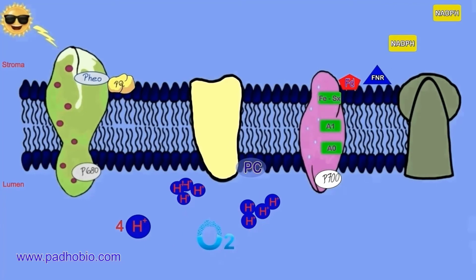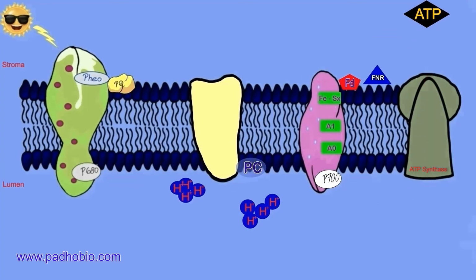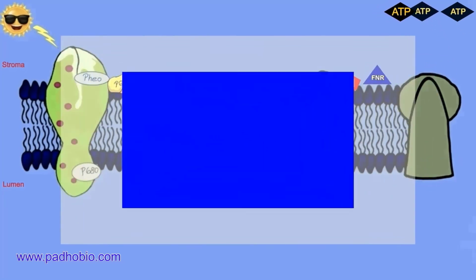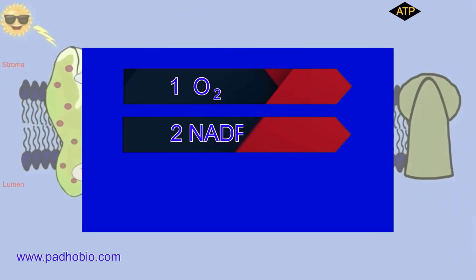In one proper cycle of the light reaction, 1 molecule of oxygen is released and 4 protons come to the lumen from plastoquinol, 4 protons from the splitting of water molecules, and 4 protons to the lumen from cytochrome b6f. Now, these 3 sets of 4 protons are sent from the lumen to the stroma sequentially through an enzyme known as ATP synthase, which is embedded in the membrane. It helps to convert 3 ADP into 3 ATP molecules. So the output of the light reaction is 1 oxygen, 2 NADPH and 3 ATP.